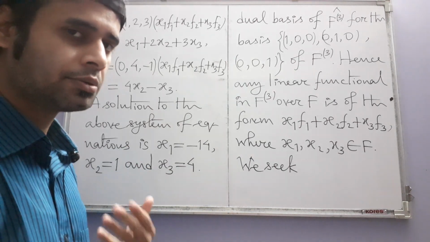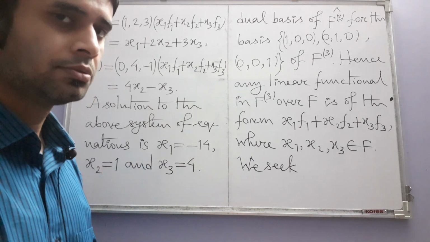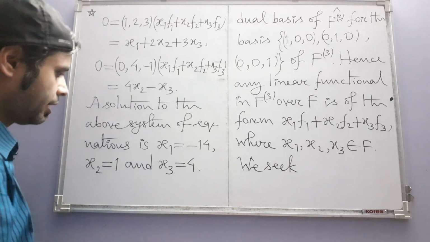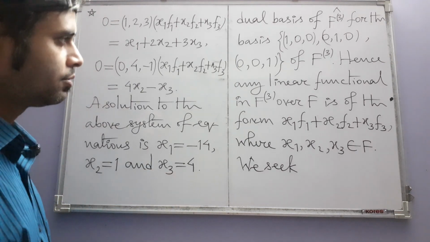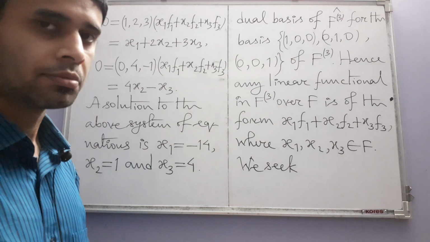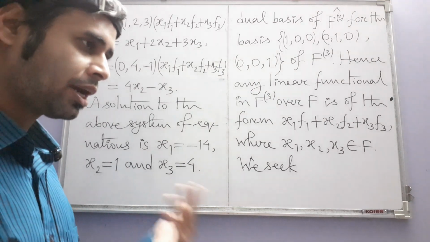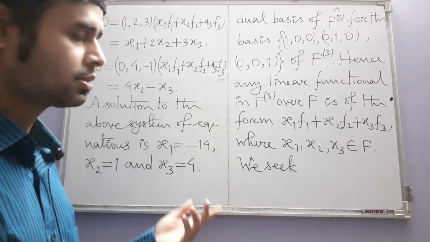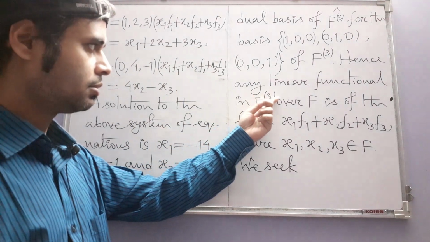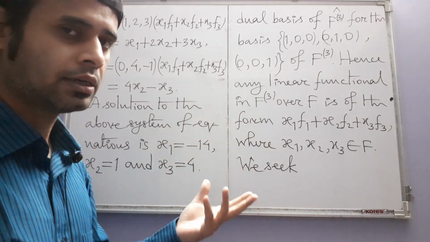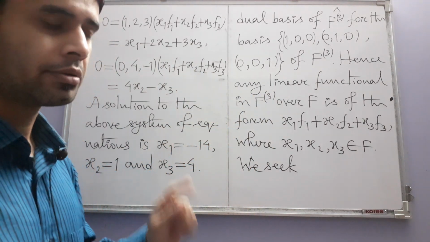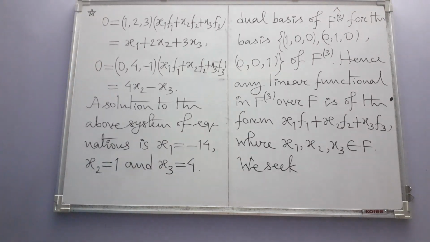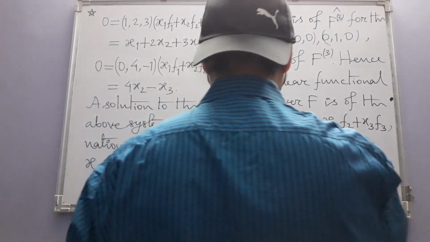So automatically it makes the entirety of W vanish, and being a non-zero element in A of W, it will span the entire A of W, because in the beginning itself we have shown that A of W is one dimensional. So that's it. Now we can write